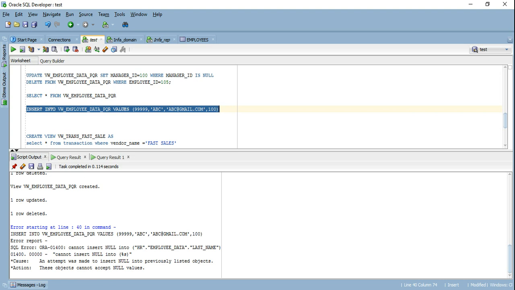It failed, and let's see what the reason for that is. We have 4 columns, we provided 4 values, but it still says that it cannot insert null into HR employee data last name. And remember guys, as I told you before, and this is a proof of that, a view doesn't physically exist. It's a virtual table. When I was trying to do an insert, it was actually going down and doing an insert in my table. All right.